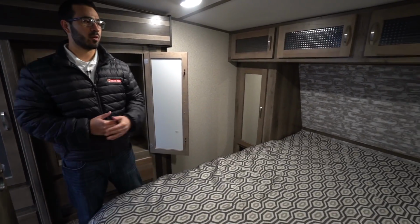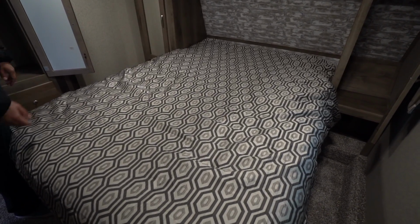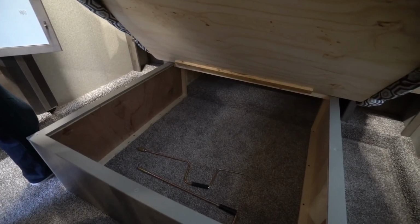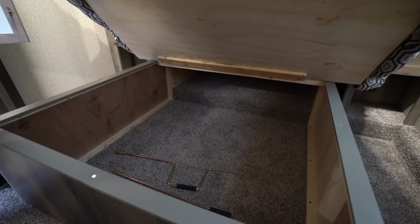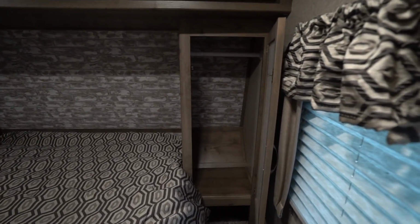In the bedroom, you'll see right here in the center is your residential 60 by 80 queen size bed. Also, you have storage underneath. You'll see a ton of storage right there, so if you do have any larger items, that is a great place to put them. On both sides of the bed, you have wardrobe space. They do have mirrors on the doors as well. You have a cubby hole underneath, which will have an electrical outlet, and then you have storage going all the